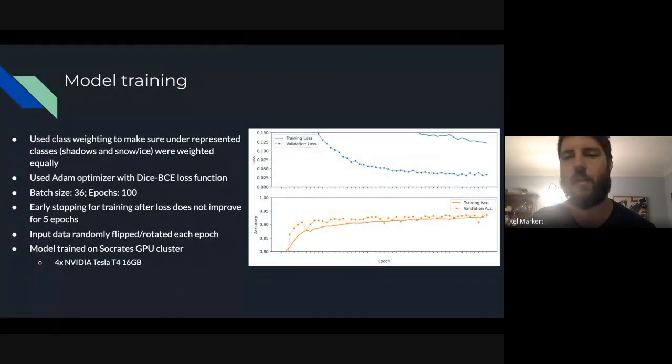And when you're doing your backpropagations, the weights that are adjusted can be skewed based on how much training data you have for particular classes. So we use class weighting to make sure those underrepresented classes were actually represented in this backpropagation for the